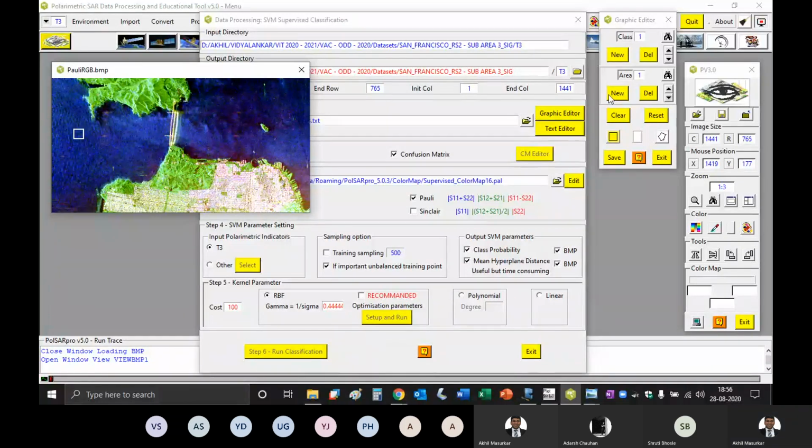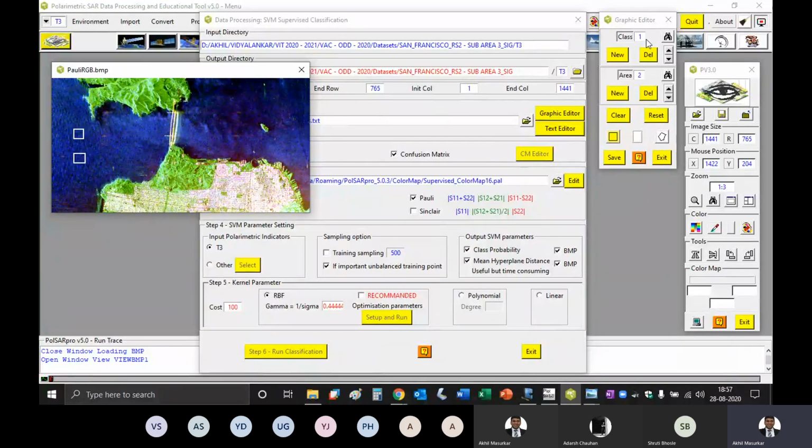Now don't press this new class. You can press area 2. That means of class 1, you are giving a second sample. So I am selecting another square just right below it. This is another square.